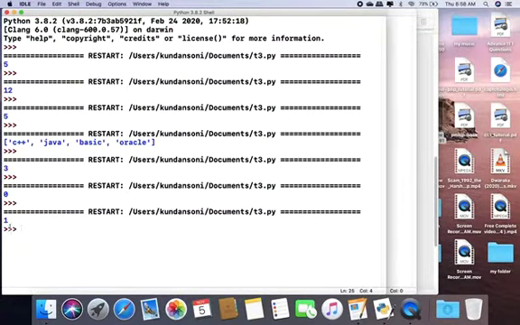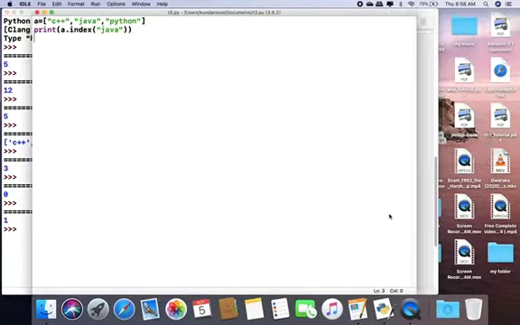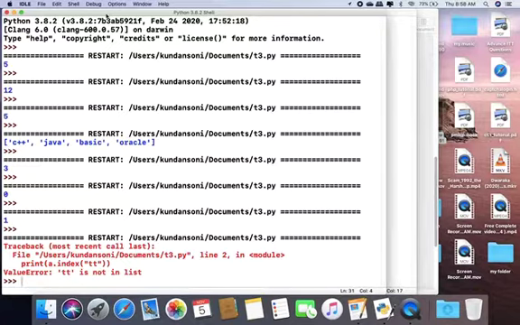As you can see, 1 is the output. And if I write here something apart from the list, I write here TT, as you can see, it is producing an error that TT is not in the list.